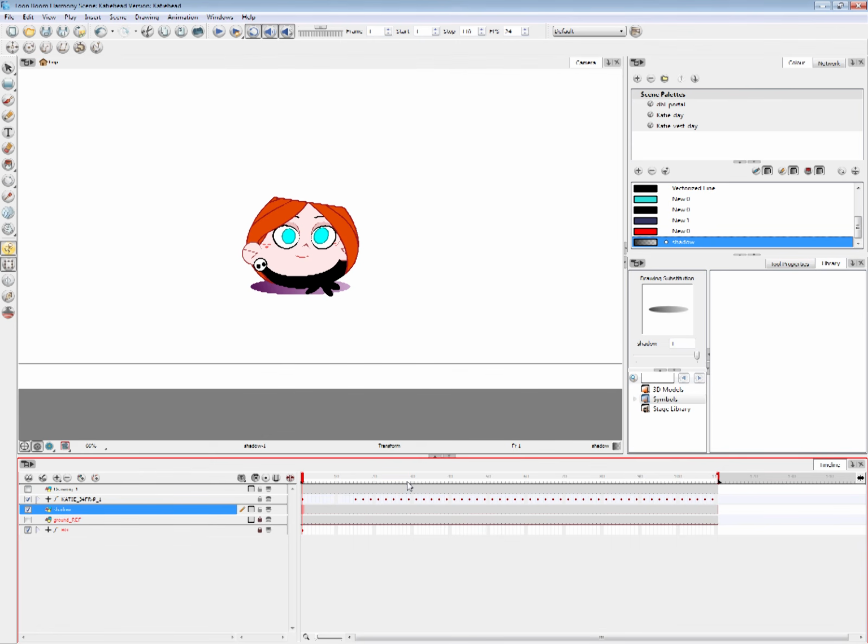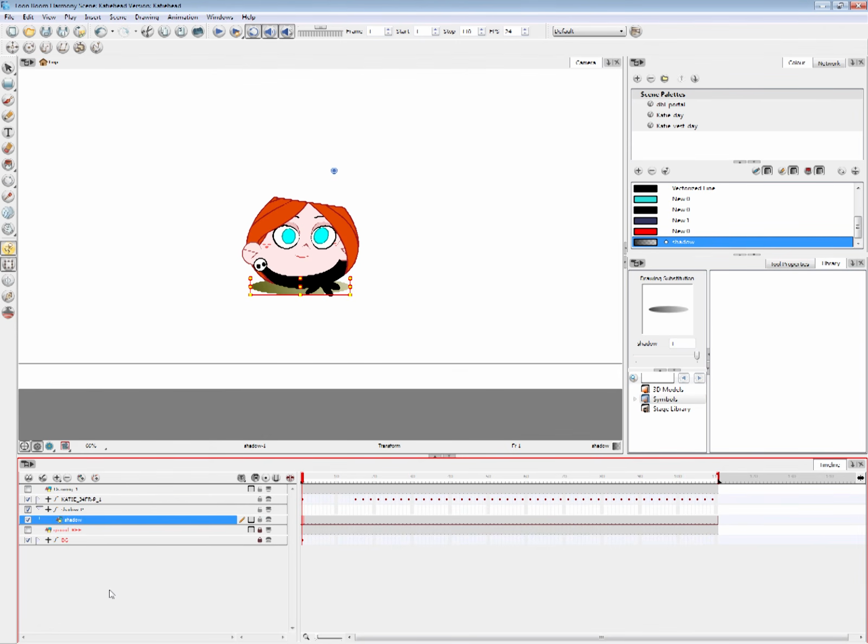Okay, and then by holding this while I have the shadow selected, there's a button right next to add drawing layer. It's called add peg. I'm gonna hit that and then it automatically adds a peg. But this peg doesn't come with any keyframe, so I'm just gonna go to the first frame, then key that.